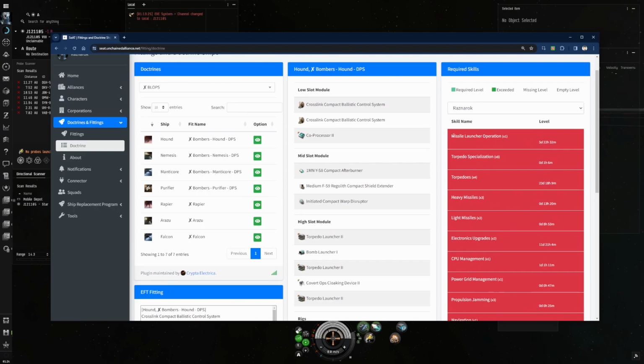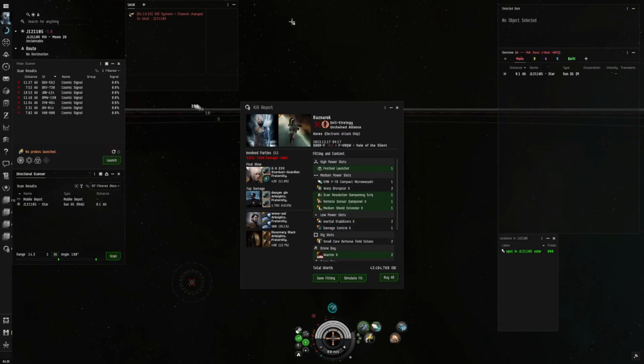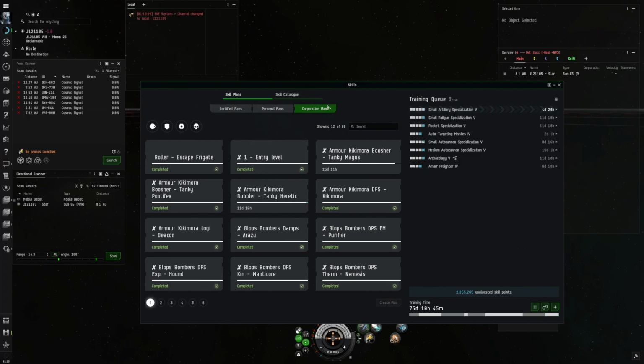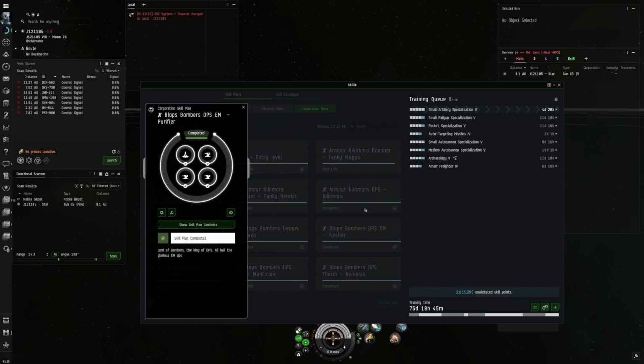And looking at the skills, you can see how it's given us an estimated time of how long that's going to take to train. So that's just a way you can check whether or not you can use something from this doctrine. And the other way you can check in game is if you come into your skills section at the top here, and go to skill plans, corporation plans, and in here you can see